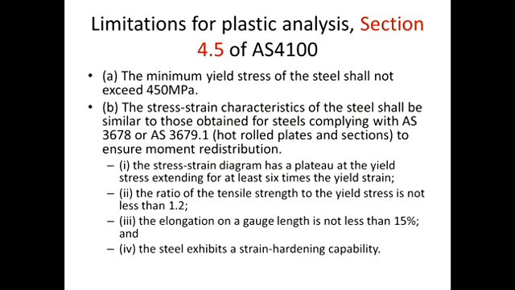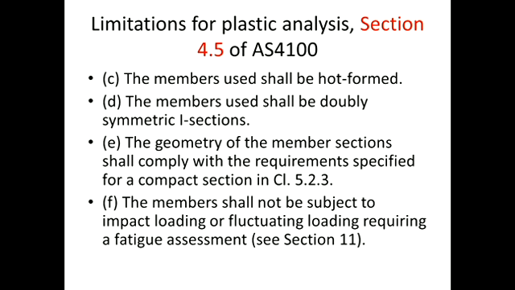So this actually indicates to us the ductility within the material. And we already talked about the strain hardening effects when we looked at the ratio of tensile strength to yield strength. In addition to this, the standard also says that the members have to be hot